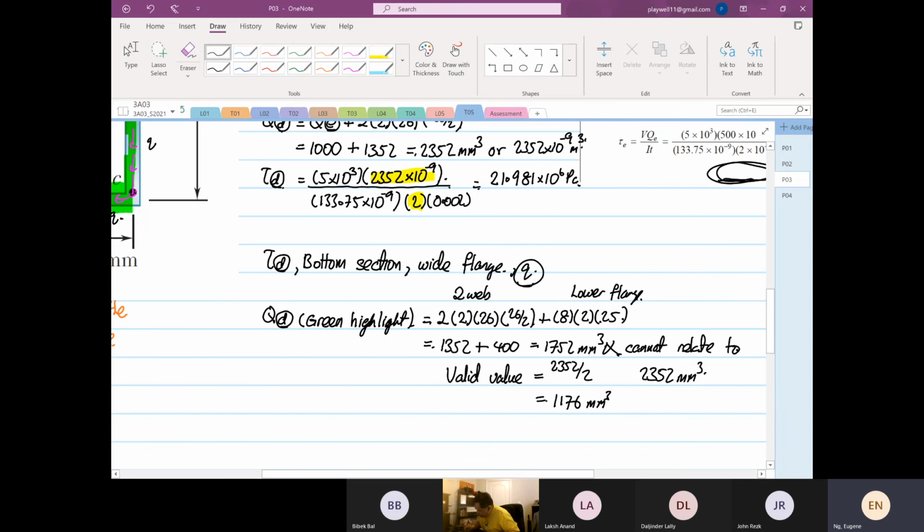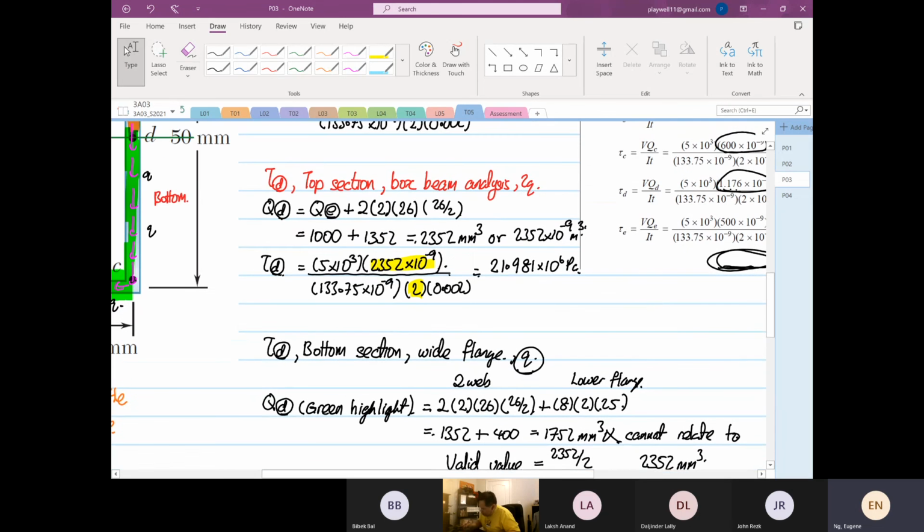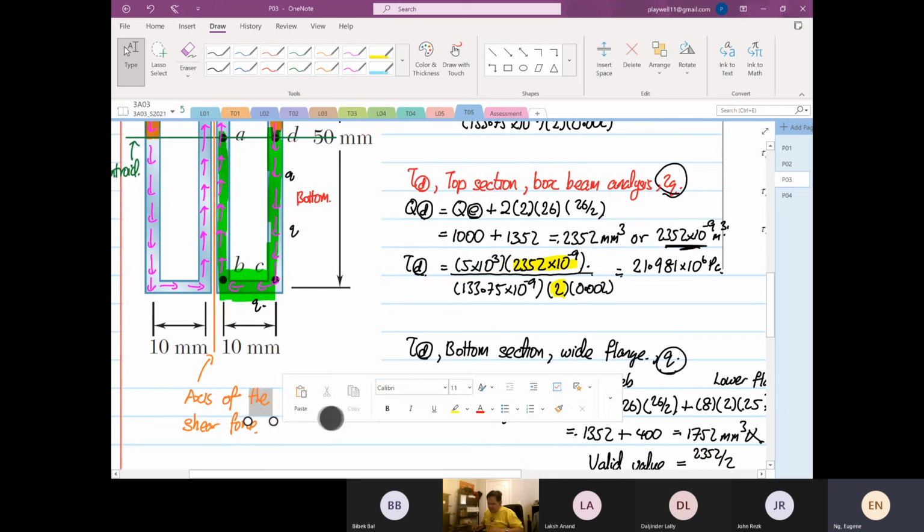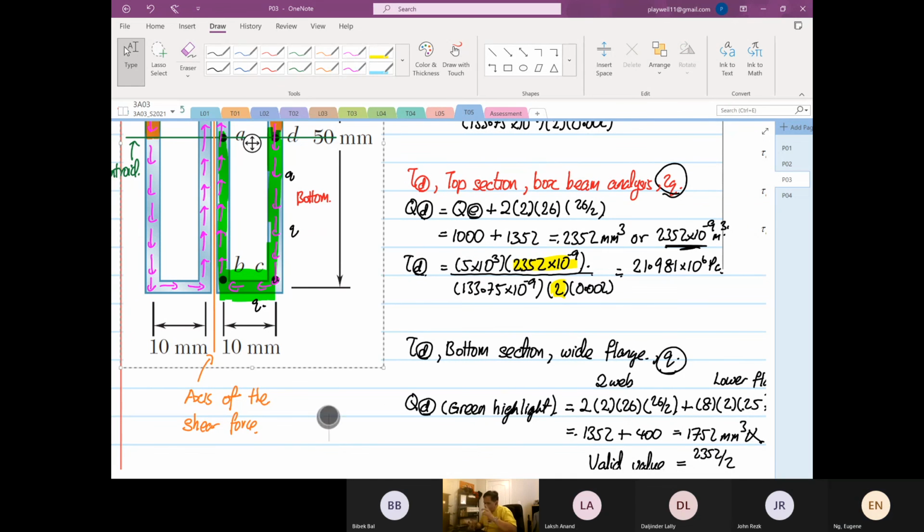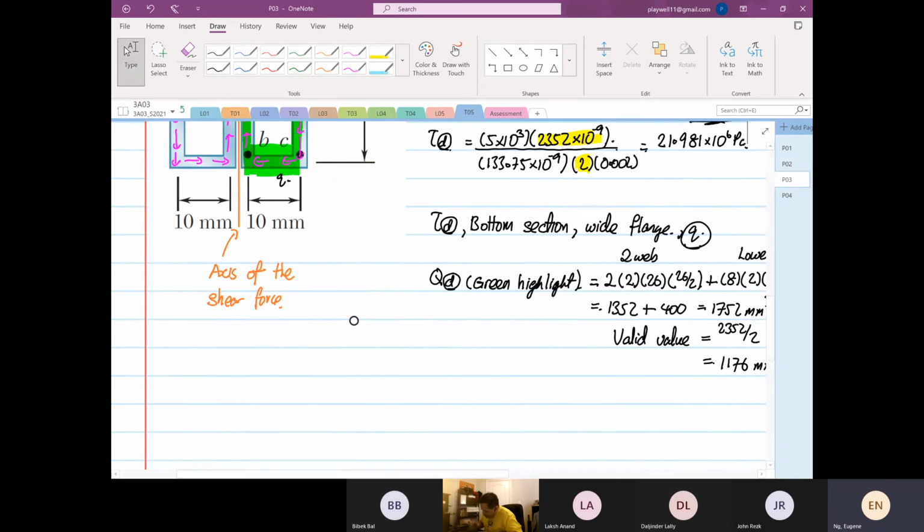Because at the bottom we only consider Q. At the top we consider 2Q. So what I did, I just divided them by 2. So we realize taking the whole green section is not right. Why is it not right? It's because when we did all the rules,